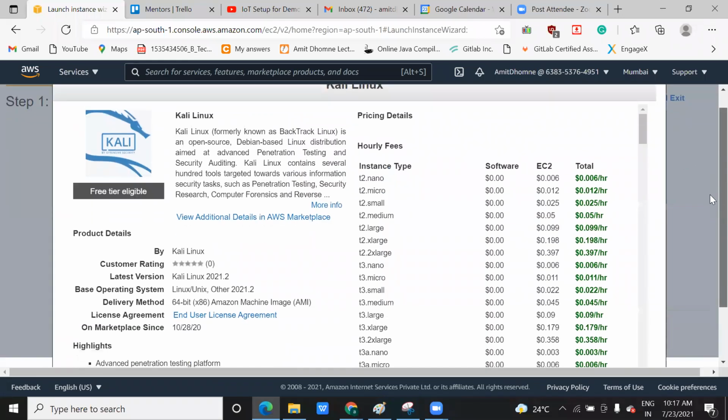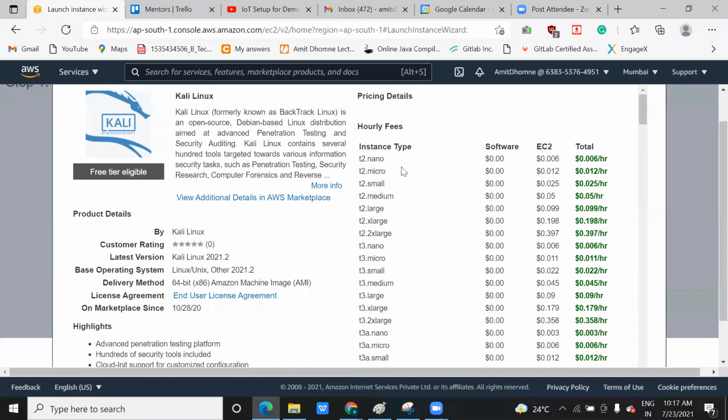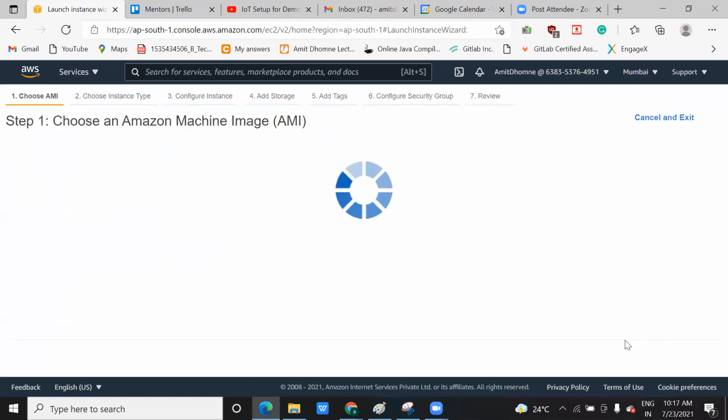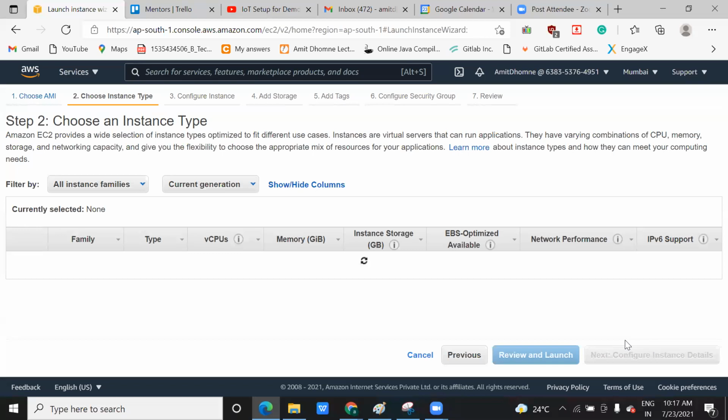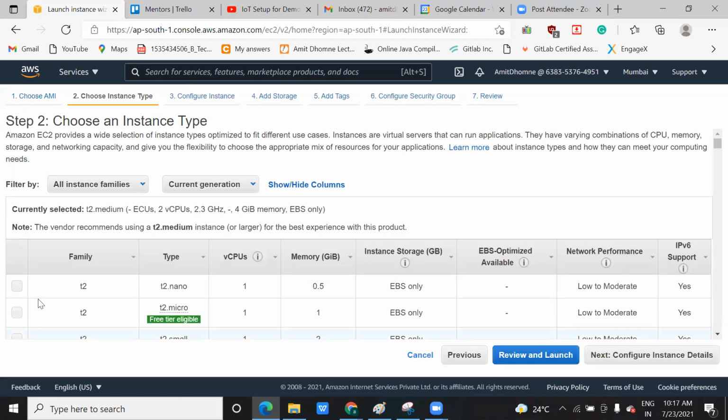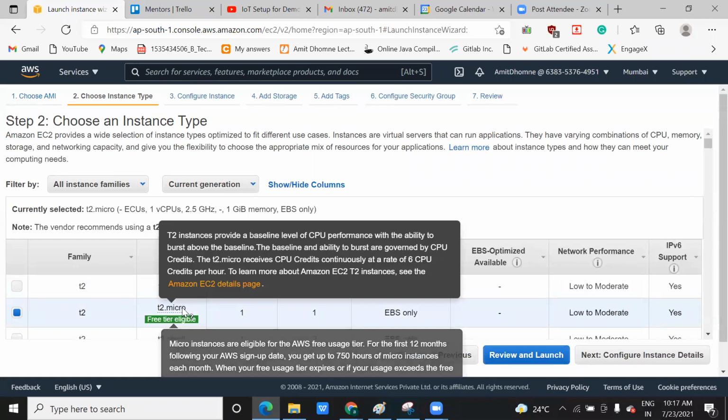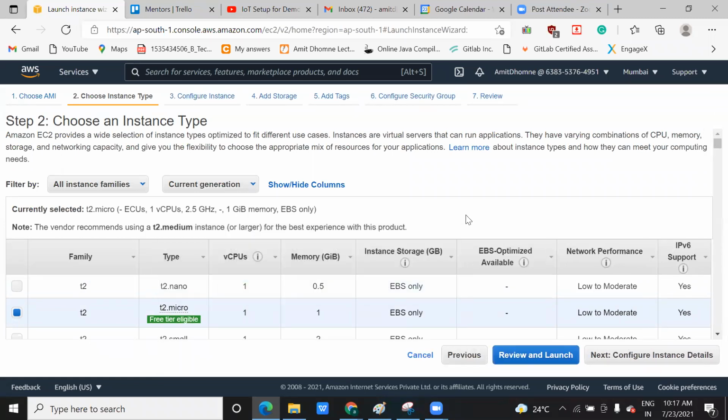It will show you what kind of instance it is and the pricing, meaning CPU and memory. You can see this from here. It's a 64-bit Linux system, Amazon machine, 64-bit. You can see the pricing based on how much they are charging, but we are going to use the free tier. So I will press Continue, and we are going to select the free one. Once you click on that, just select this free one. You can see T2 micro. It's an instance type. Now a question might come to your mind: what is an instance type?